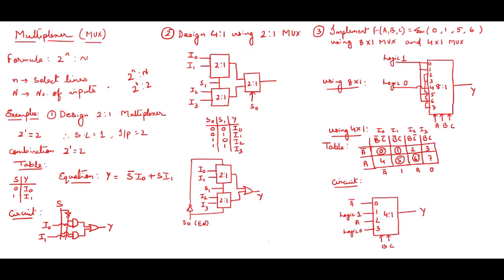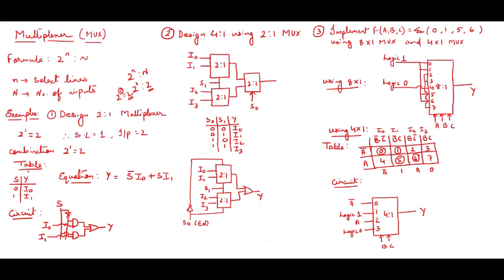Now after getting these values, to find out how many combinations there will be for the binary bits, because input is 2, how many combinations will I get? For that again I'll use the same formula: 2 to the power 1 is equal to 2. Why is it 1? Because the select line is 1. So if I use the select line value 1 over here, I will get 2. So the number of combinations is 2. You can see written over here, combination 2 to the power 1 equals 2, because the select line is 1, right?